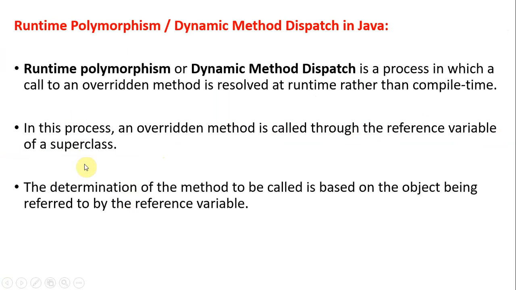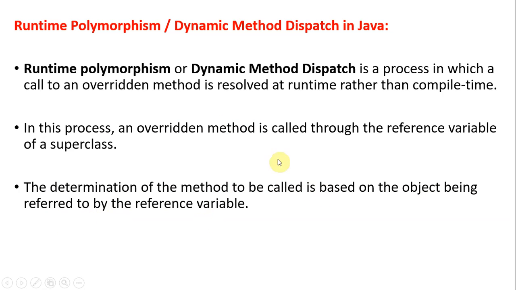Okay, we know the concept of inheritance, superclass and subclass. So a reference variable of a superclass will call the overridden method. We'll see. Just understand the text, then you will understand by example. So the determination of which overridden method has to be called is based on the object being referenced back to a